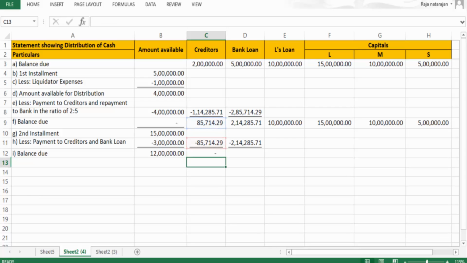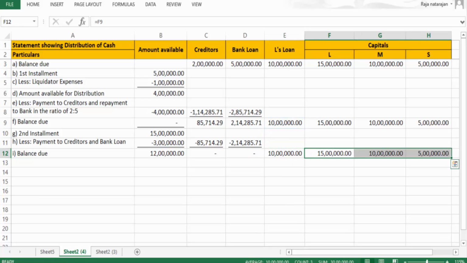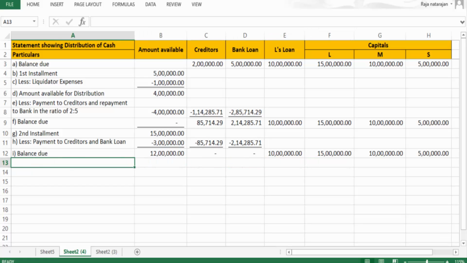85,714.29 plus this, so everything has been paid, and these balances continue because no payments have started here. Okay, now what is the balance we have? 12 lakhs. Now what we can do with this 12 lakh is we can pay off this else loan. So we'll do that. Item J